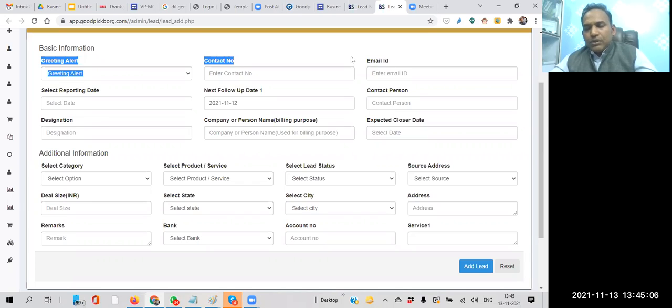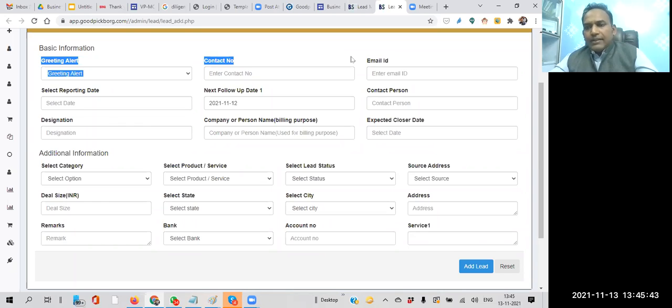But there are also different ways most customers practice, meaning they enter the data before knowing whether they are a lead for our business or not. We recommend entering only the data which is a lead for you, meaning those who have a requirement. Before calling them, don't enter it, but this is our recommendation. That also depends on business to business, so you can do whatever way is suitable for your business. If you want more understanding on this, we can have a separate call. I'll be happy to guide you.